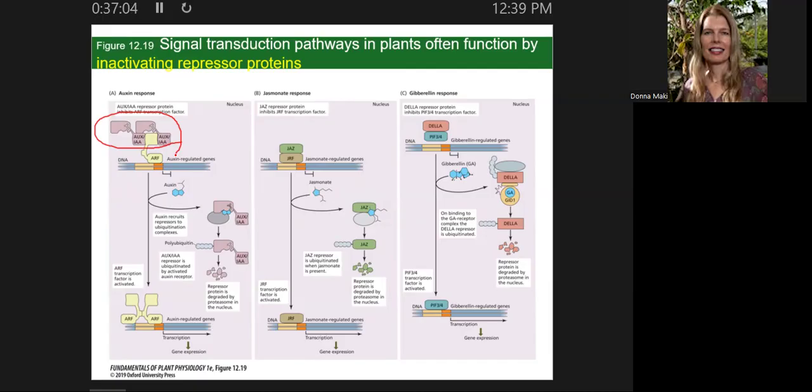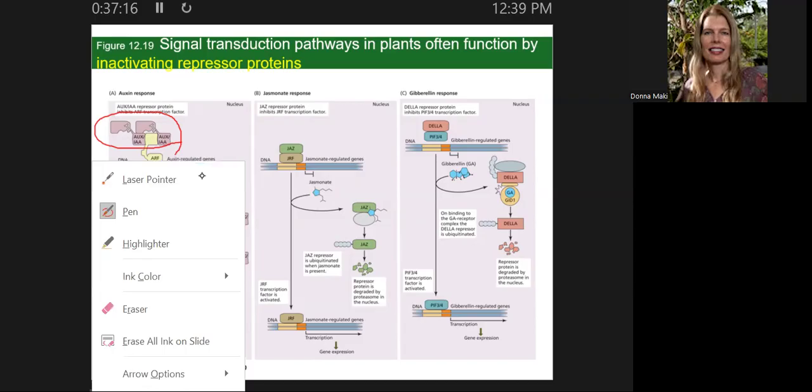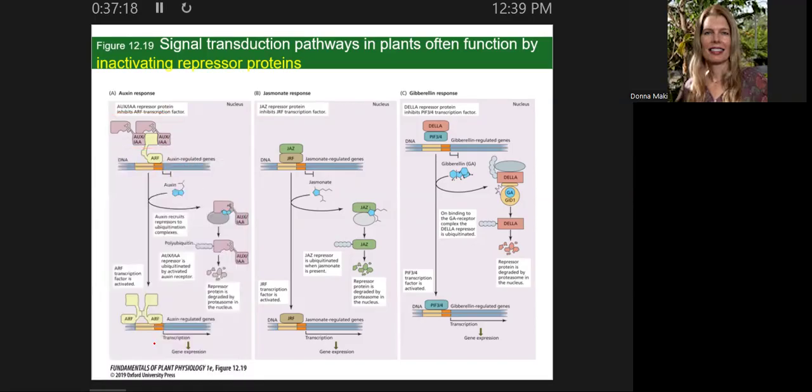What happens is it's repressing gene expression. So it's keeping gene expression quiet in this section of DNA, in the blue section here. It's keeping it quiet. Okay. Well, then auxin comes in. So auxin, in this case, will bind and it essentially, part of what's happening here is the repressor protein gets